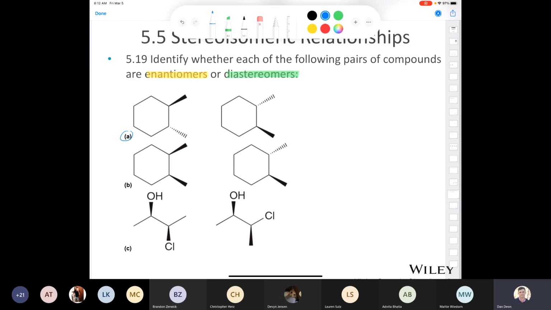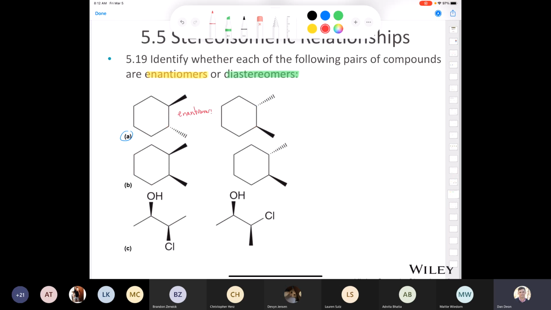They're enantiomers. How did my students answer that so quickly? The reason they knew that is because when I want to draw an enantiomer of a compound, what would I do? I take this wedge, I convert it to a dash. I take this dash and I convert it to a wedge. So these two compounds are clearly